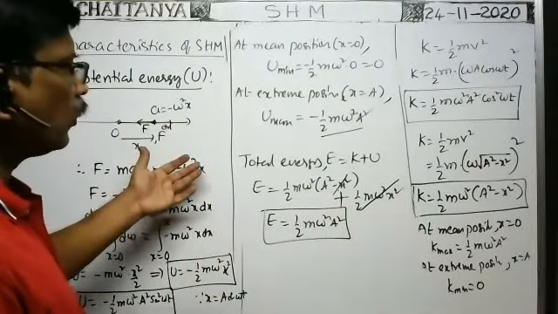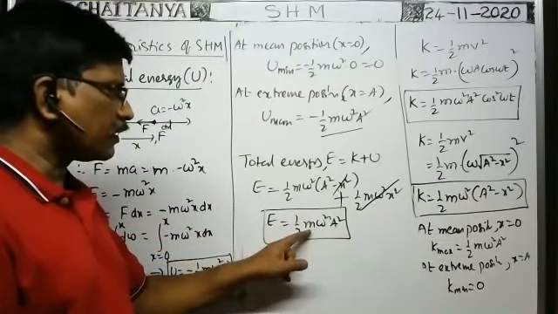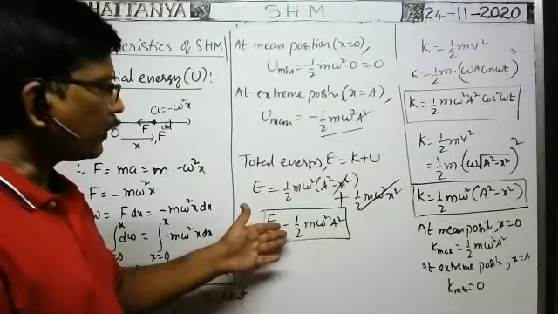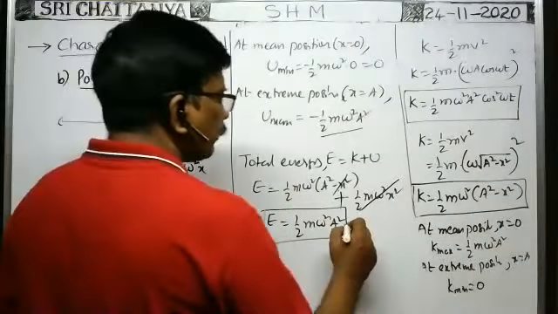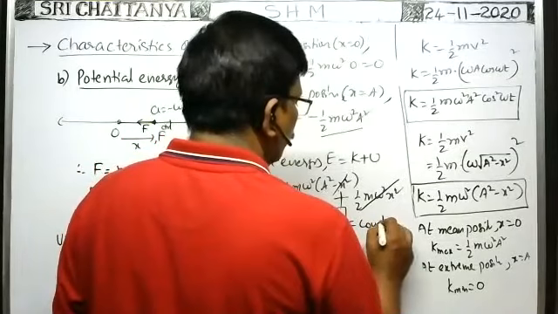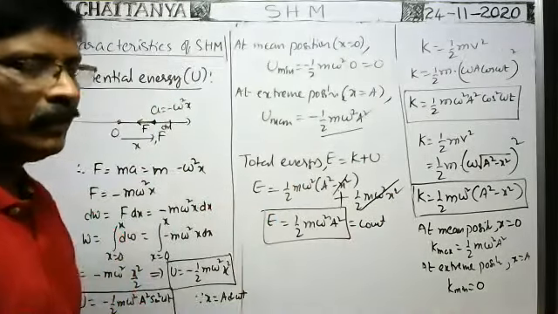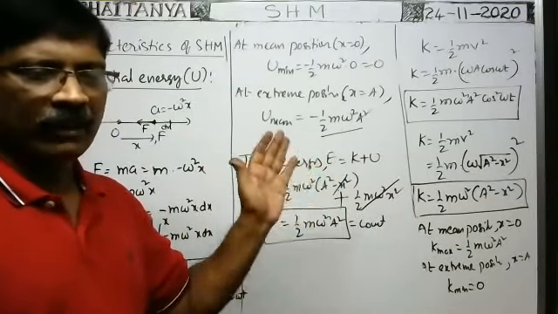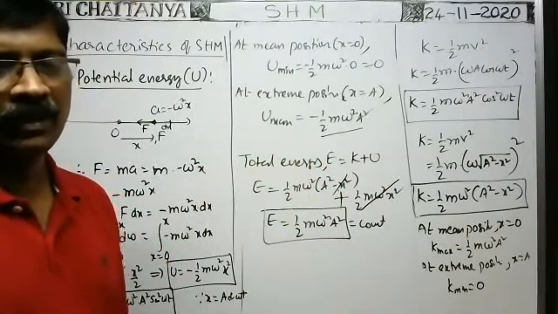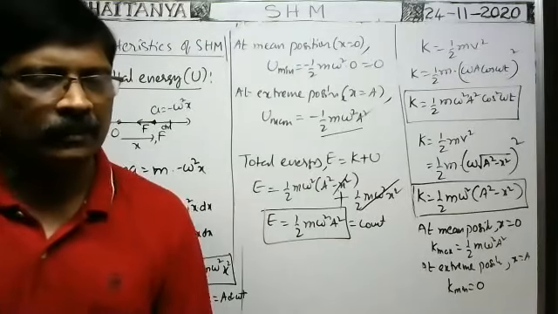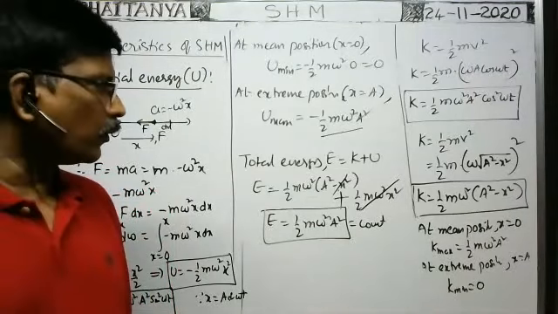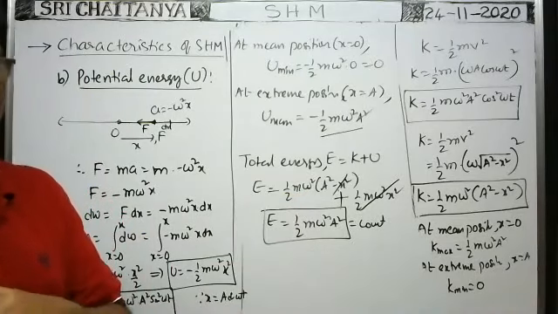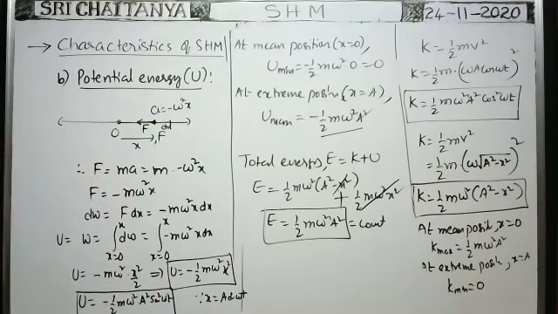So in case of simple harmonic motion, for the particle, mass is constant, angular frequency is constant, amplitude is also constant. That means in this formula, all are constant. That's why the total mechanical energy of the particle in simple harmonic motion remains constant. It does not vary. But when the particle travels from mean position to extreme position, as the kinetic energy decreases, definitely potential energy will increase. Total mechanical energy is not 0. How can it be 0? Half m omega square A square is there.